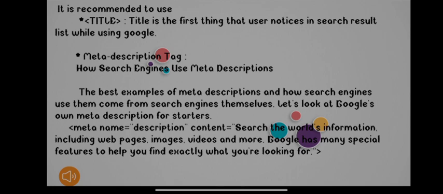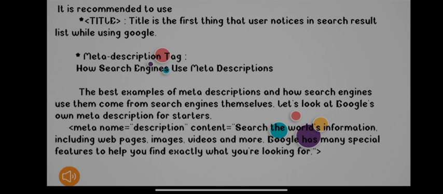Next is the meta description tag. Now what are these meta description tags? While creating a web page, the meta description should be used to boost your on-page SEO. We have seen that on-page SEO is concerned with information that is displayed to the user. So the meta description tag can be used here.